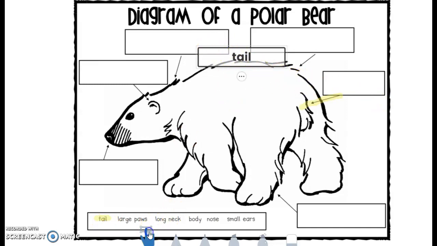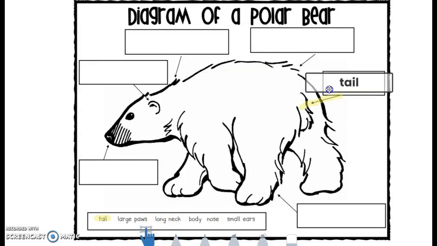So I'm going to take it and I'm going to move it. And you don't have to worry about sizing it up just right. I don't care about that, okay? I'm going to do that because I can do it. But you don't have to worry about getting it perfectly in the box, okay? It can come out a little bit. All right, my next one